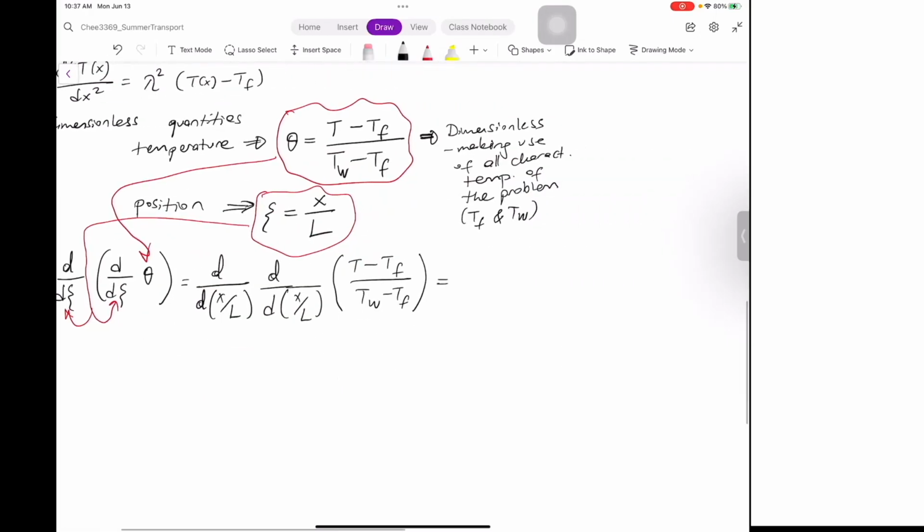And from here, after I make these 1 over L's upside down, that's going to be L squared over